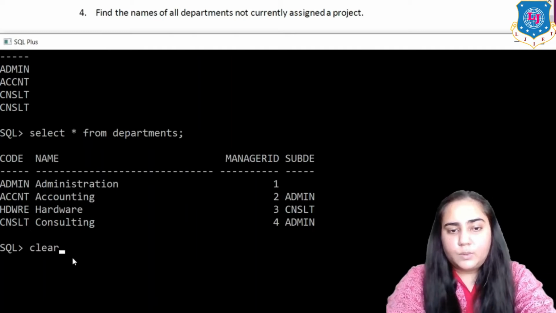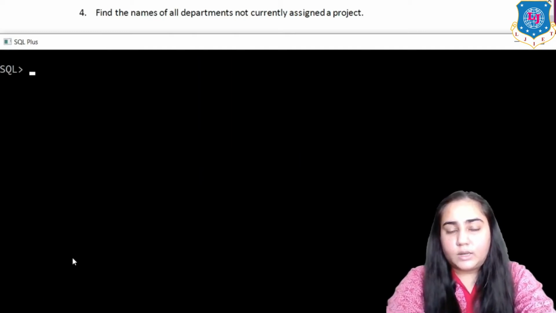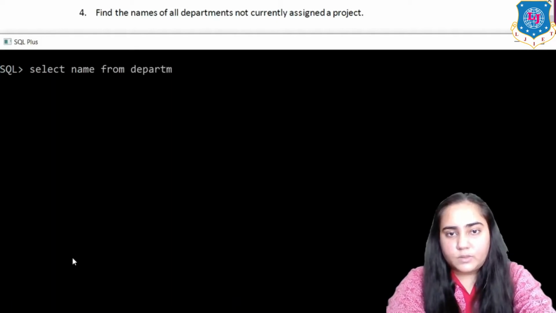Now this query can be done using a left outer join, as I did it in one of my previous videos. But this can also be done using a subquery. And since we are learning subqueries, that's how I'm going to do it. So first of all, the thing that needs to be displayed is the name of a department. So select name from departments,